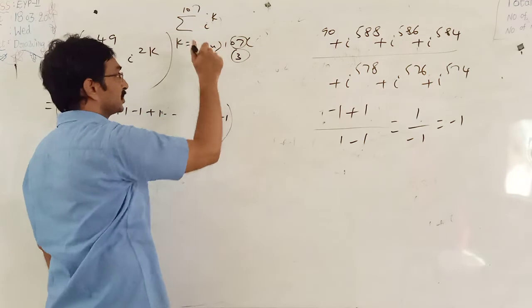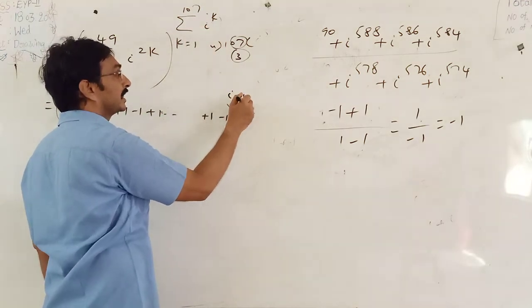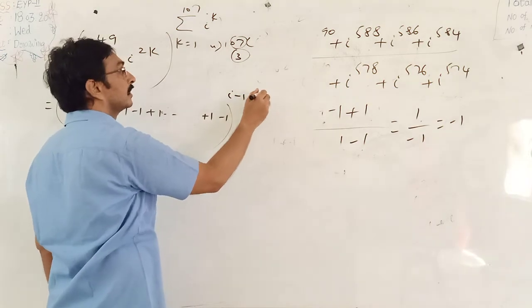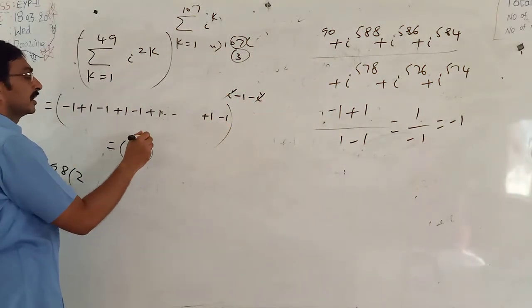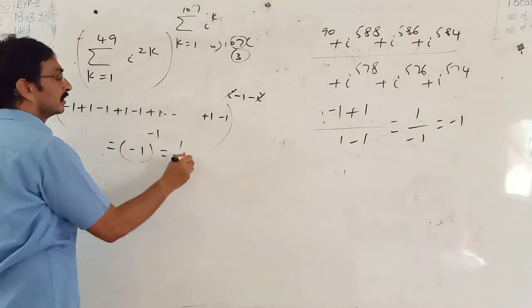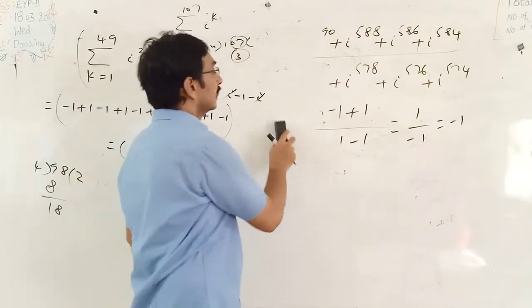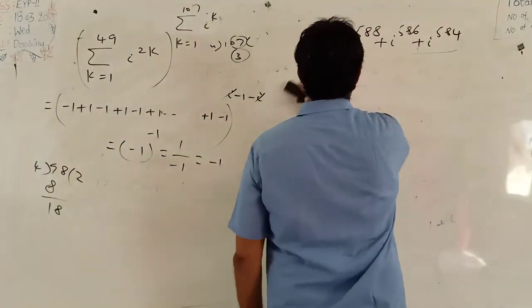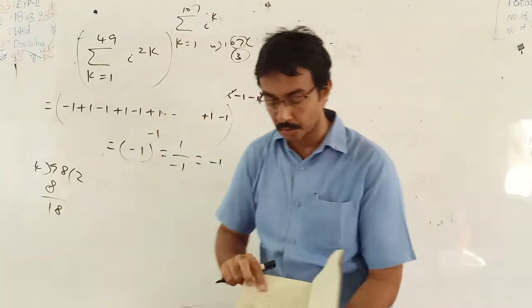So I am writing the first 3 terms. When k is 1, i; i squared is minus 1; i cubed is minus i. So minus i plus i cancel. Thus the base value is minus 1. The power is also minus 1. So (minus 1) power minus 1, that is minus 1. So see, next problem. This is also a previous one, repeated 2 times.